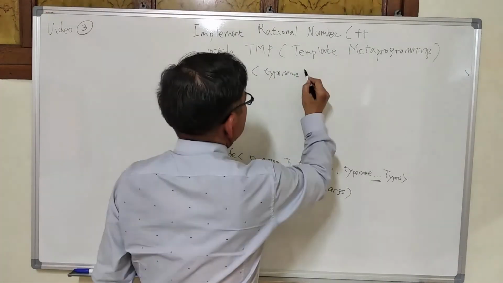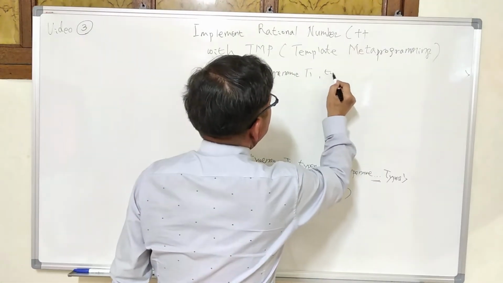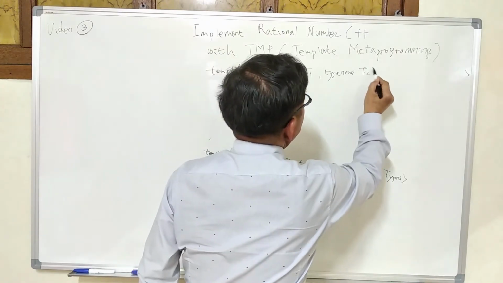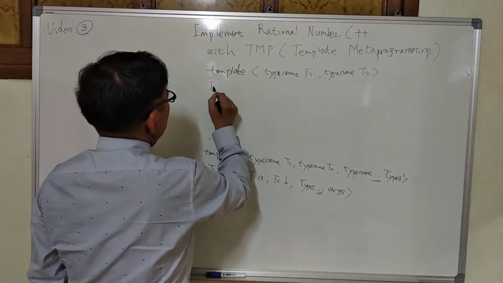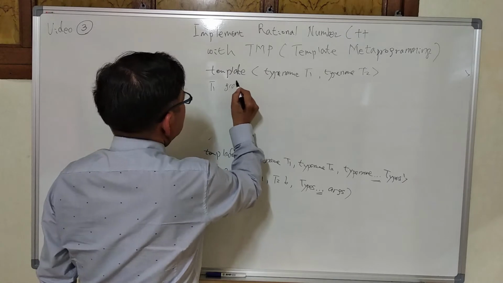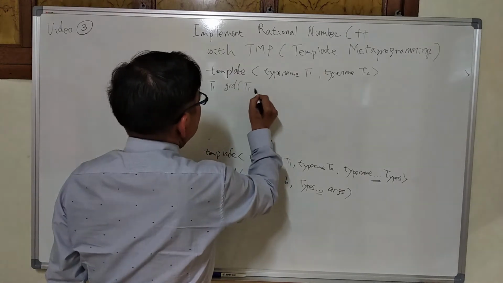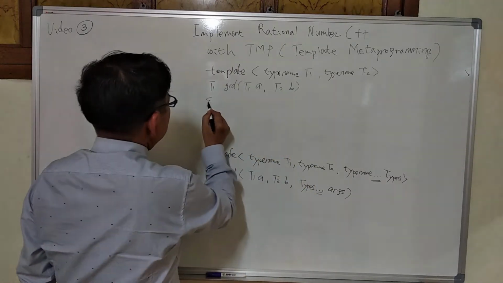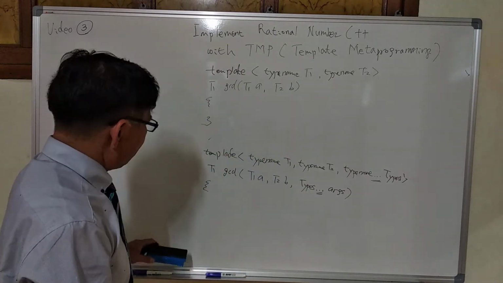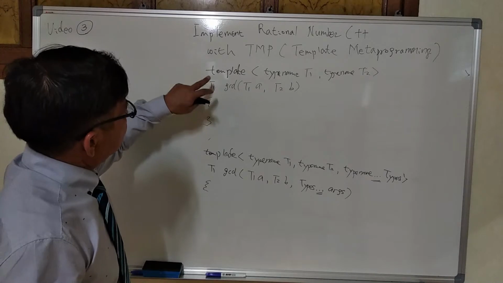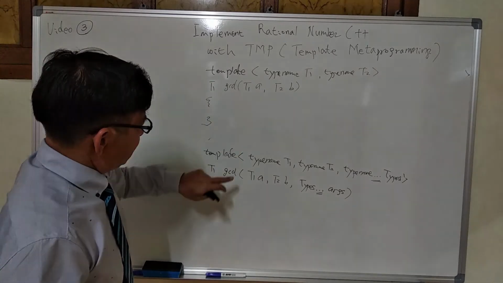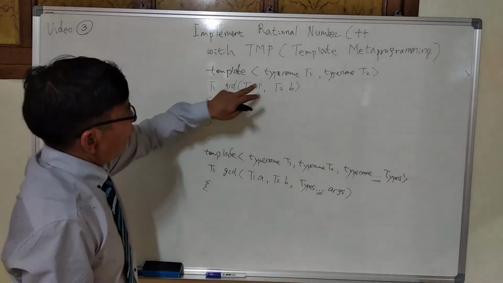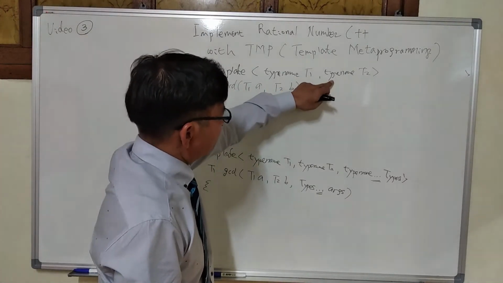Template typename T1, typename T2, T1 GCD(T1 a, T2 b), then we implement. Please note that this GCD has the same function name, but a different number of template parameters,